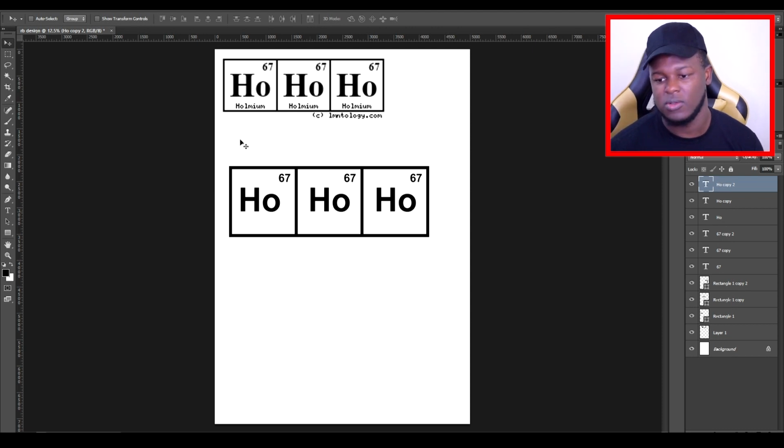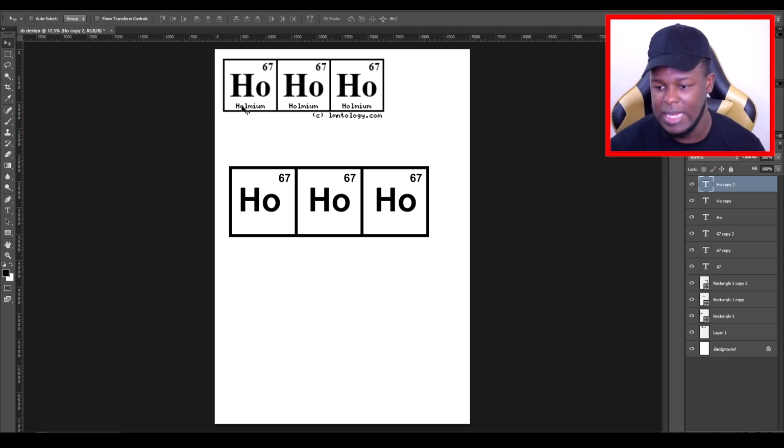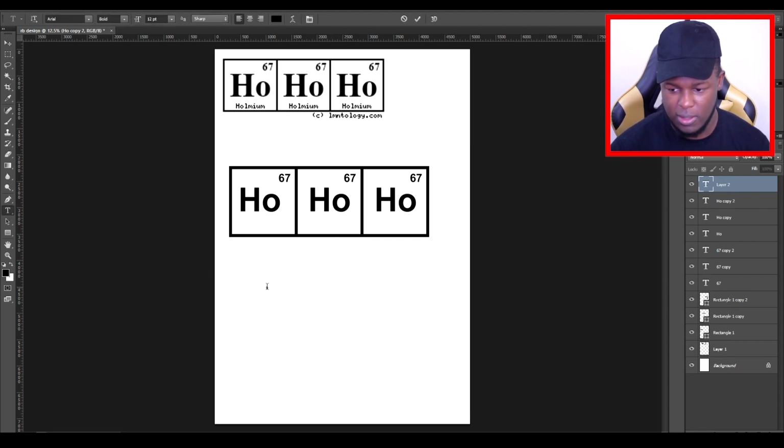Once that's done, the final stage is then to put the name of the element. So this is holmium, I think that's how it's pronounced, so holmium. So we want to write that and then put that down below there. So I'll quickly do that now. So holmium,